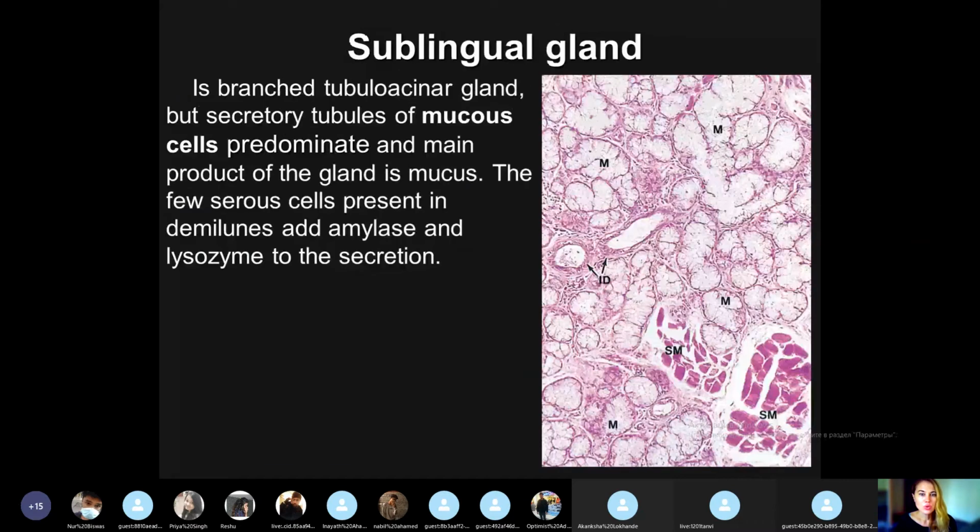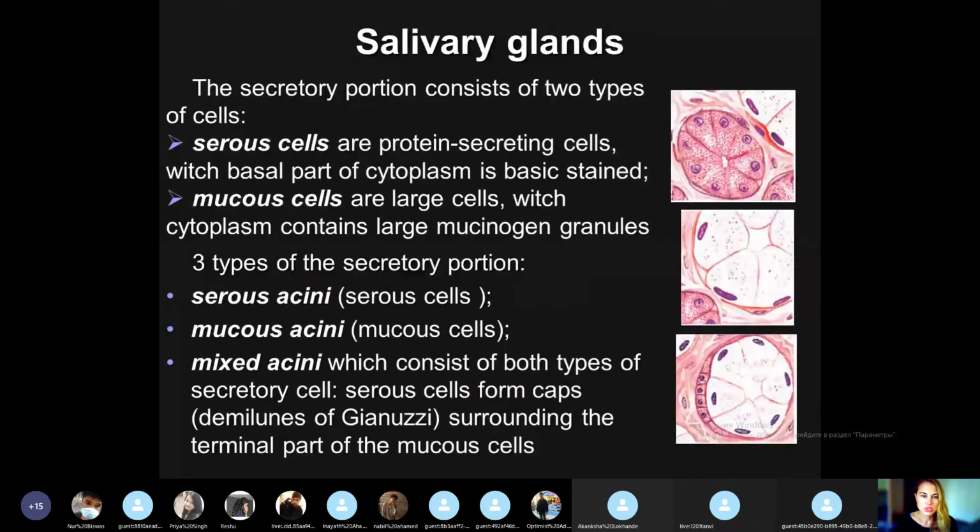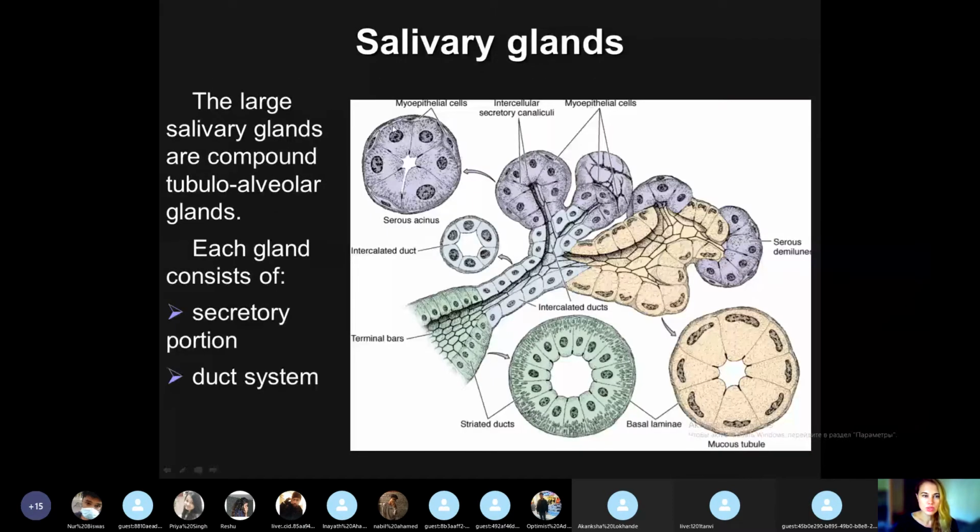Okay, what else we did not mention is the so-called myoepithelial cells. If you look at the cross section in this diagram, you can see the cross section of the secretory portion. Myoepithelial cells surround the secretory portions, and they have